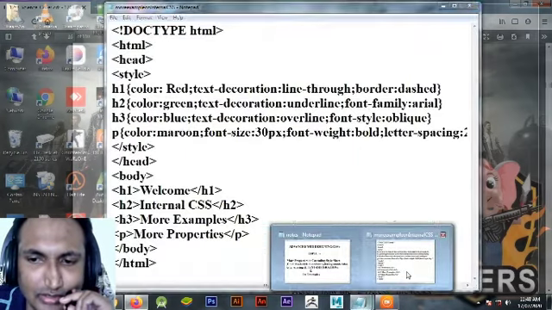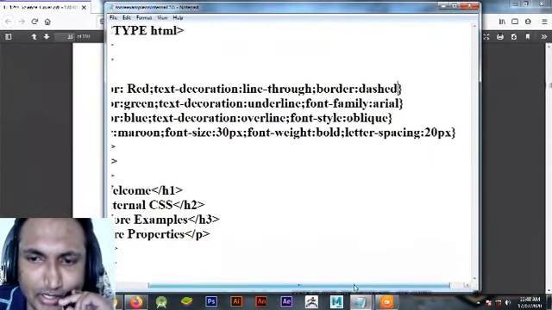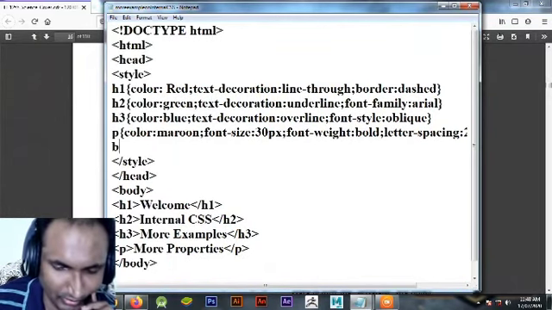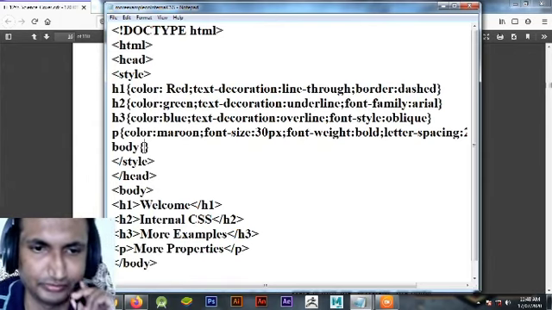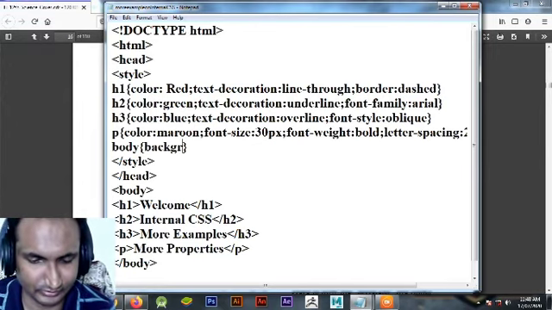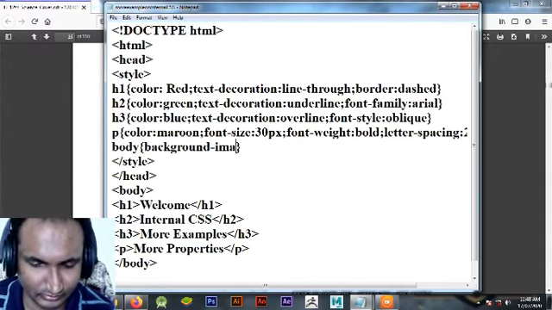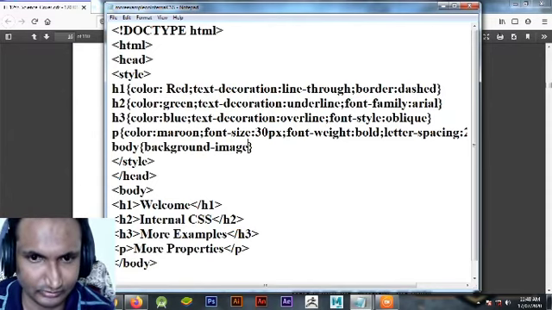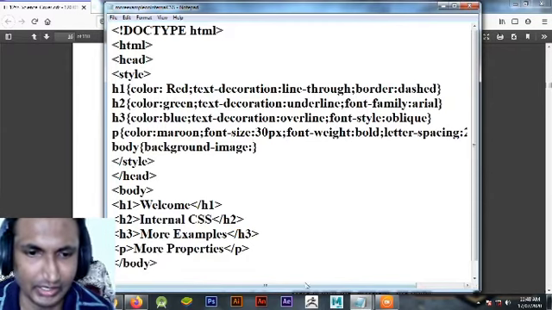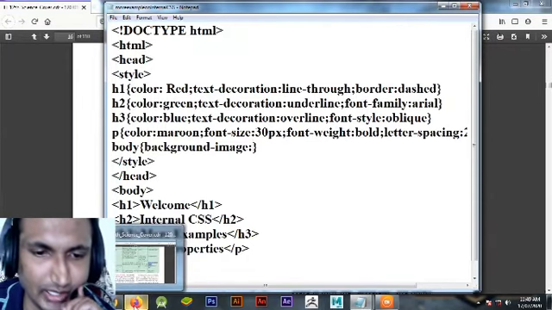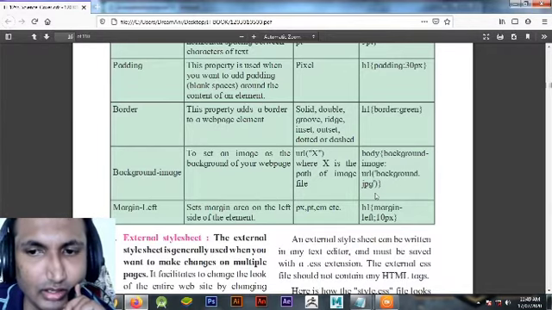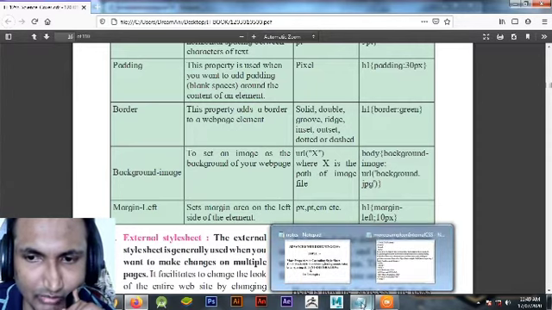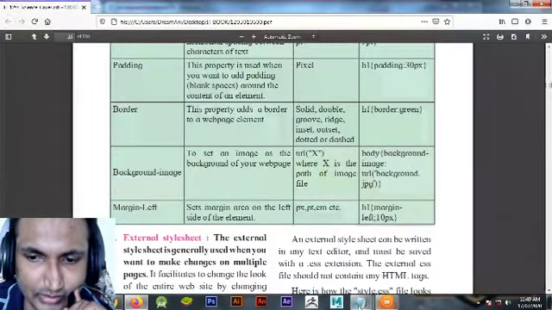Let's see, we can give it in internal CSS for the body tag: background-image with url, and in round brackets we can give the address of that file.